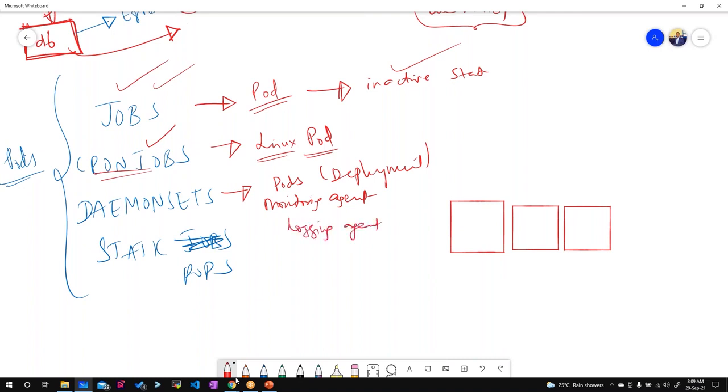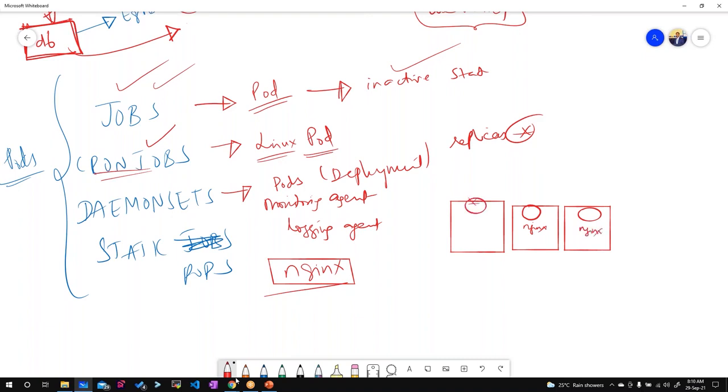Here I won't define the number of replicas. There is no replicas concept. When you deploy something using the daemon set as the controller, the daemon set controller will make sure that there is one pod running in each node. If I run nginx as a daemon set, there will be one nginx pod per node, leaving out the master node.